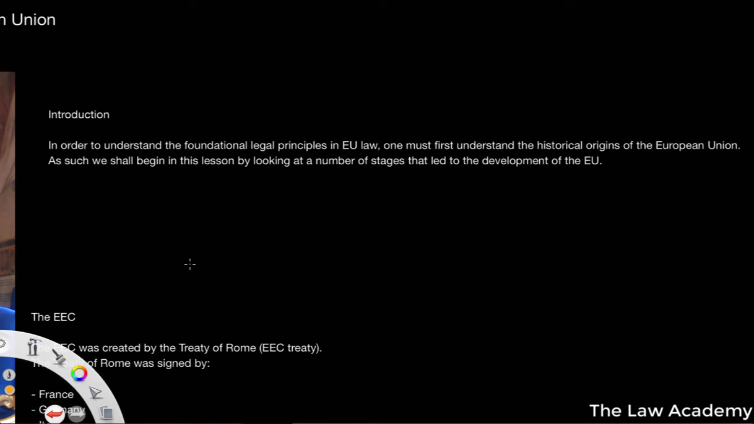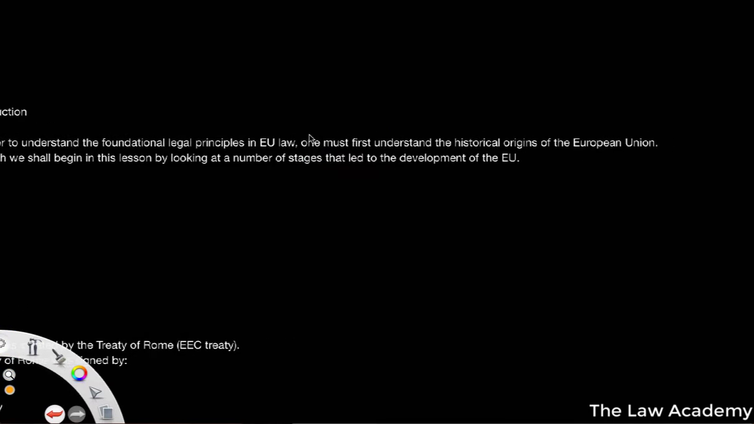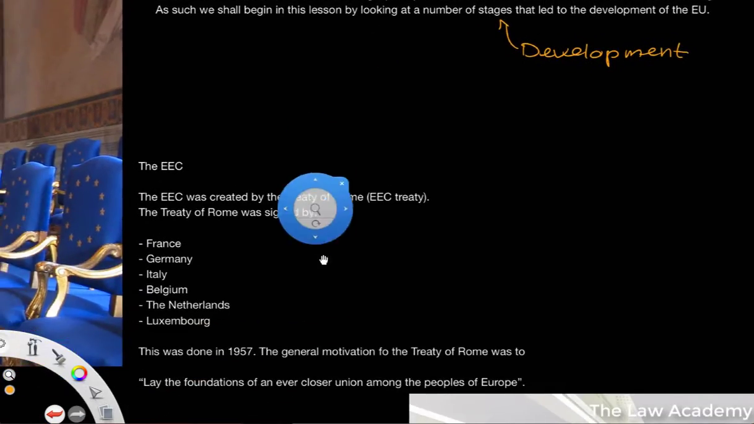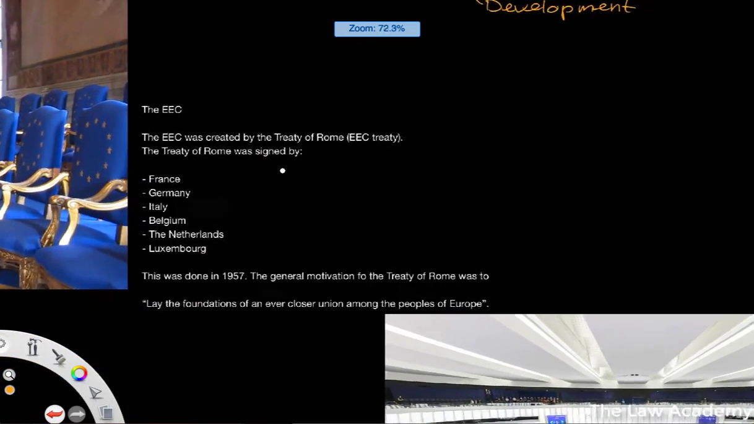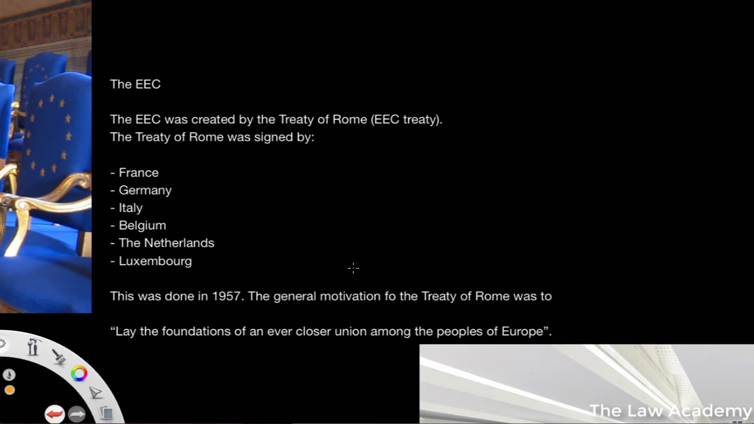It's important to understand the historical origins of the EU and how the European Union developed. So we're starting to look at the development of the European Union, generally from its foundations with the EEC Treaty, all the way up to things like the Lisbon Treaty in the 2000s. We're going to begin by briefly examining the real foundational document within EU law,